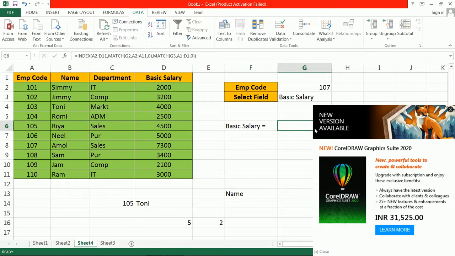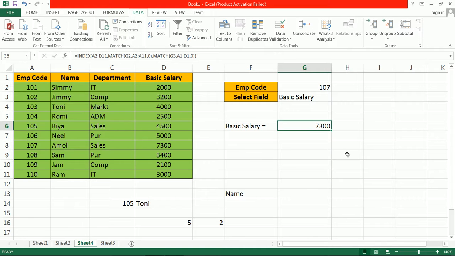and match function. Okay, you also have the option of VLOOKUP, but if you want a more dynamic search, or you want an easier search, then you can also use index and match function. Some people find VLOOKUP easy, some people find index and match easy. As per your choice, you can use any type of function for searching